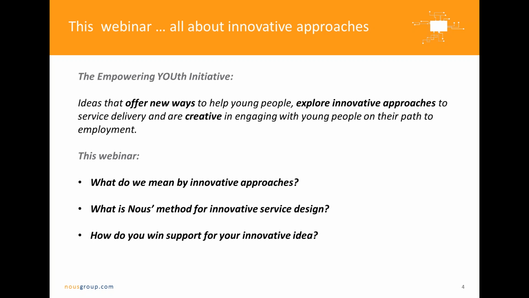So we'll dive a bit into the way that we approach innovative service design challenges and give you some examples of how we apply them in practice. And finally, given the task of some of you in terms of a brief, we thought it might not be a bad idea to finish with, and then how do you pitch to government and funding bodies to get support for an innovative idea? So there are three areas that we'll touch on.